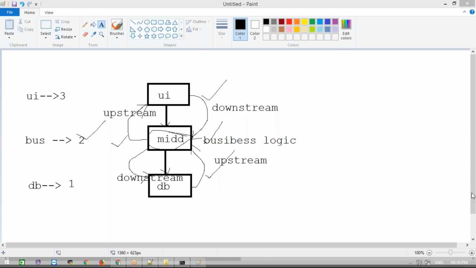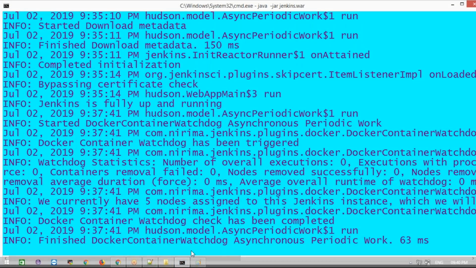I will take three simple projects. We are seeing the conceptual side here, not the coding. Whatever projects we configure, like Nexus, SonarQube, database deployment, that's not an issue, but we need to configure the upstream and downstream concept here. Okay, clear, guys? I'm going to implement this one by one now.